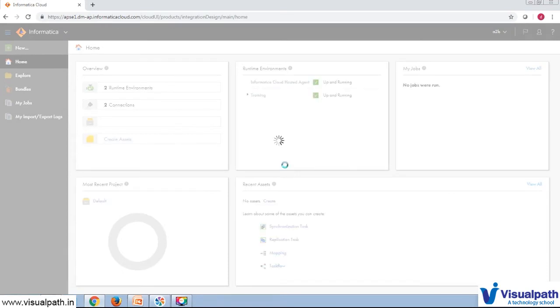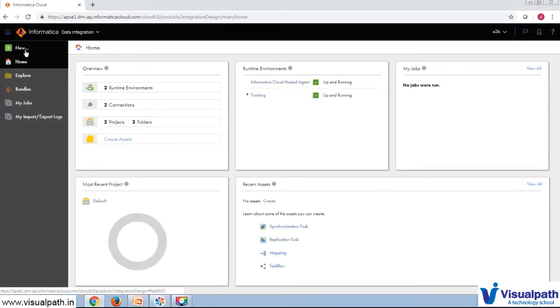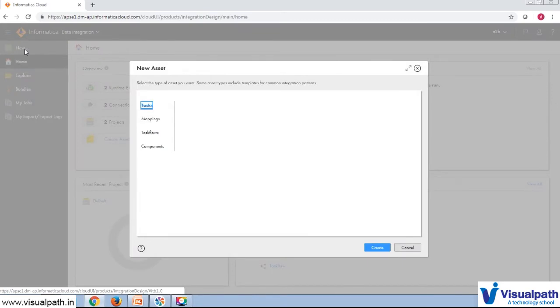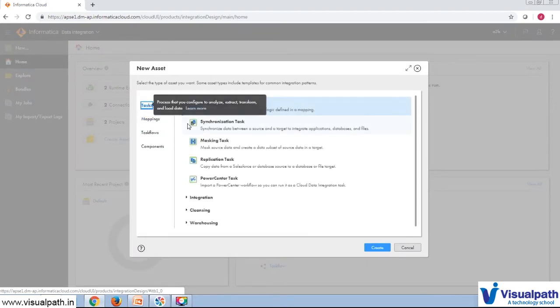Click on the new tab, and then in the tasks we need to select the synchronization task.